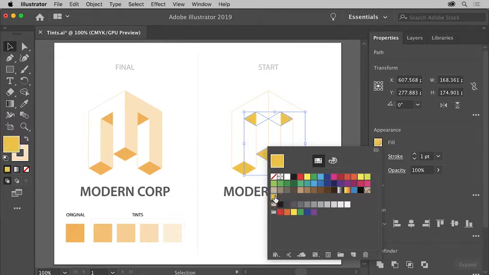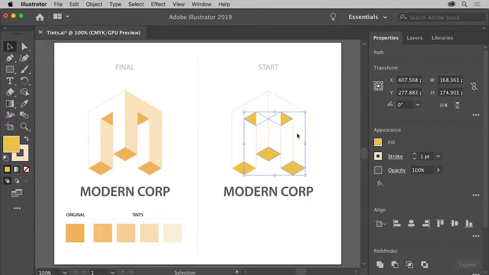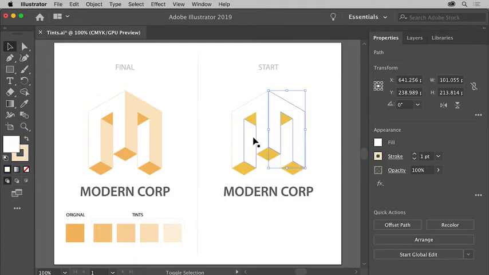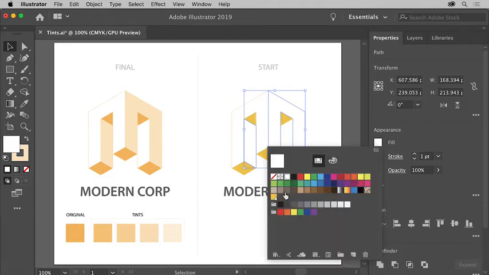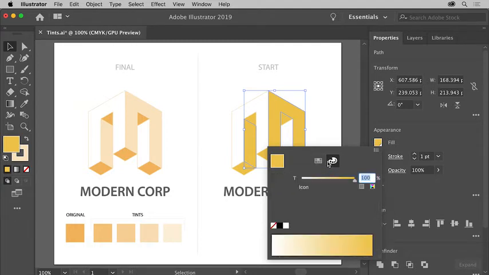Now you'll create a tint or a lighter version of the icon swatch. First, you'll select the artwork you want to apply the tint to. So click this shape, and then shift-click this shape to select it as well. To apply the icon orange, click the fill color and select the same swatch. Now to make a lighter version of this color, click the Color Mixer button up here, and this time you'll see a single slider for tints labeled T.